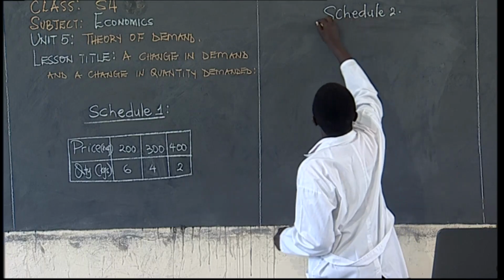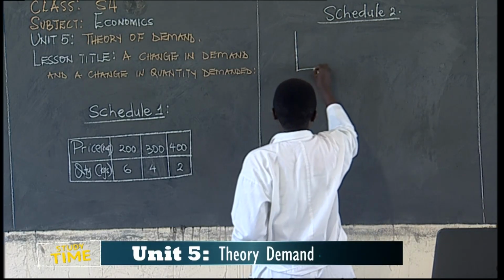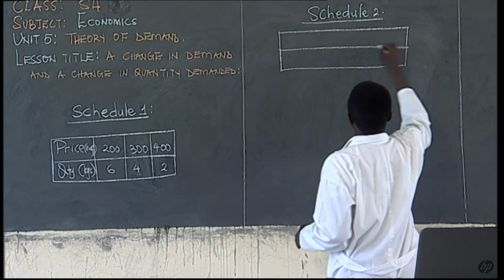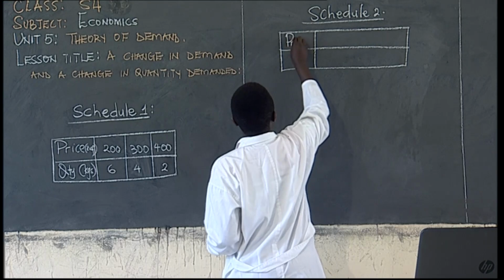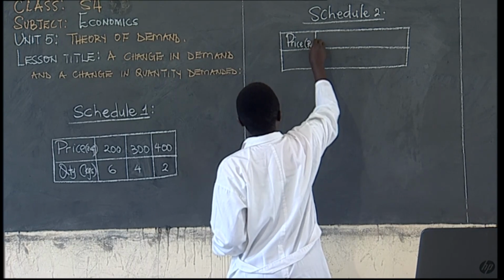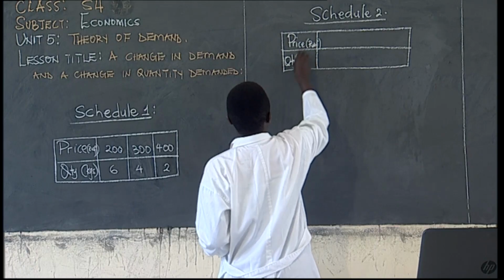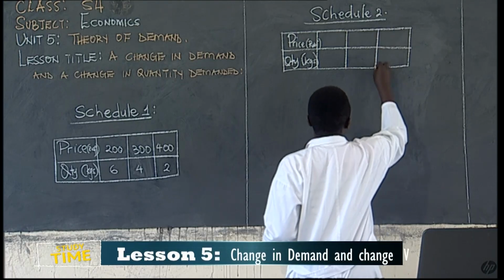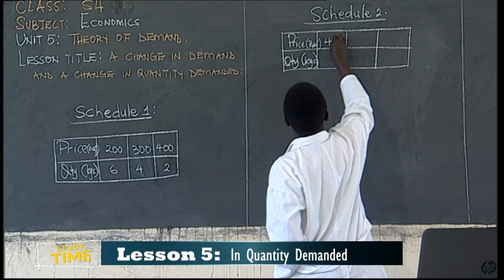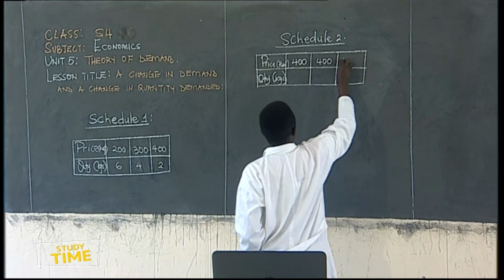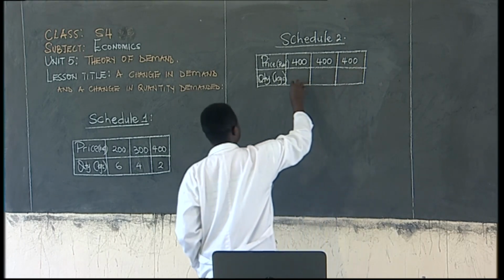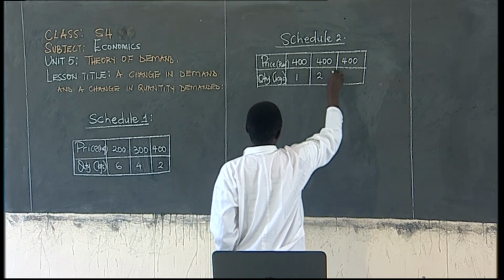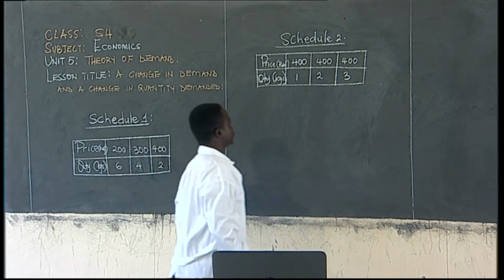So I want you to analyze this schedule number 1, and then I have table number 2, or schedule number 2, where we also have my price here in Rwandan francs. Then I have my quantity demanded maybe in kilograms. So here I have maybe the price of 400. The price is constant. Then in our quantity demanded, we can have 1 kilogram, 2 kilograms, 3 kilograms. So I want you to analyze these two